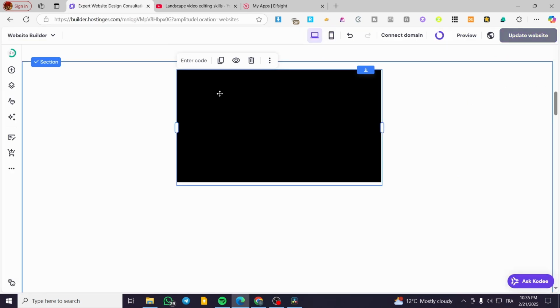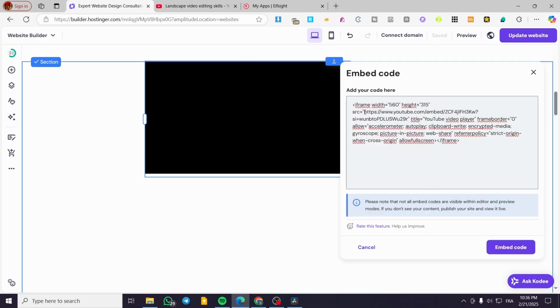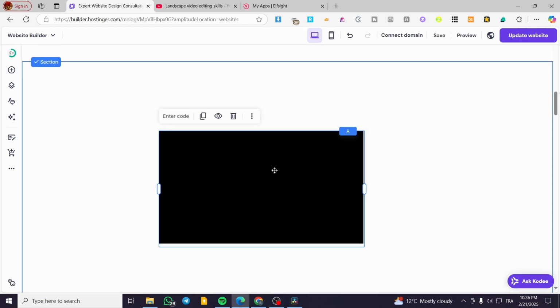Also, what can you modify in here? I'm going to double tap in here or enter code. You can go ahead and modify the URL, which is going to be this one of the video. You can modify the title, which is going to be here, the frame border. You can allow the accelerometer, autoplay, and so on. So this is how you can go ahead and modify or edit the code, or any type of code, into